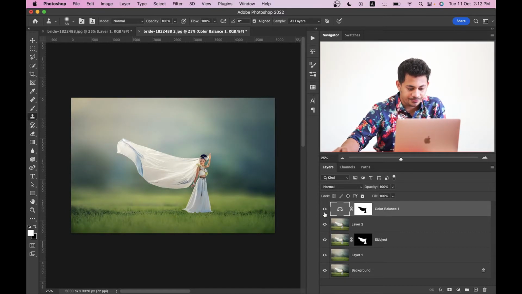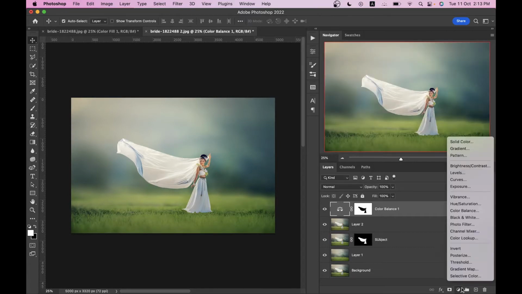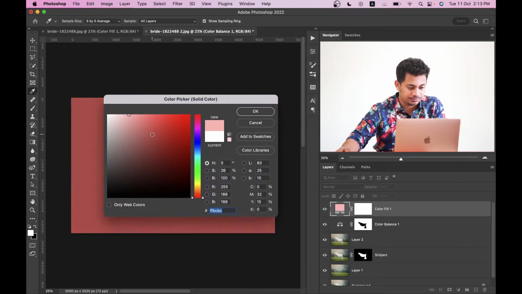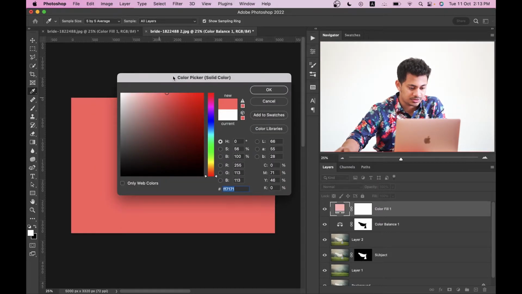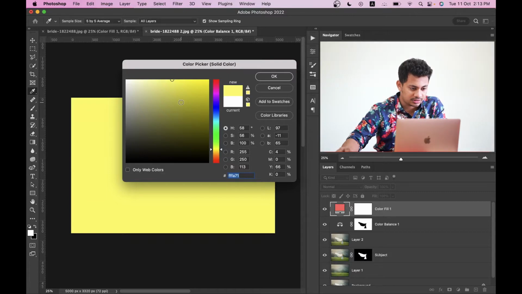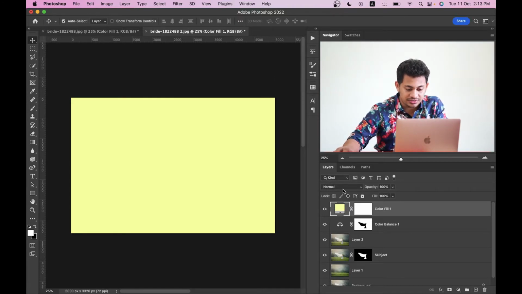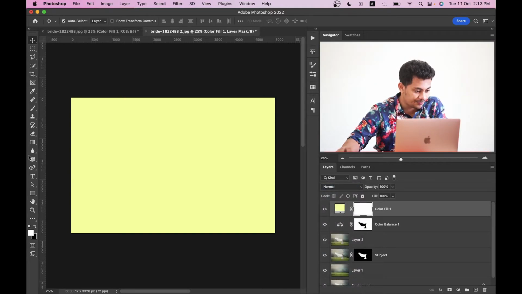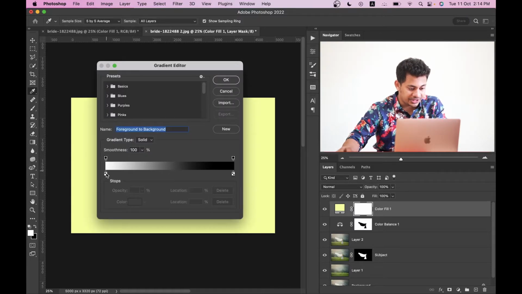It looks really good. Okay, now I want to add a solid color layer, and I want to pick this type of color, a little bit yellowish, a little bit greenish, just to match my original photo. And look at this, but we don't apply multiply here. Go to the normal option, click on the mask, and here select the gradient tool and pick a gradient like this,